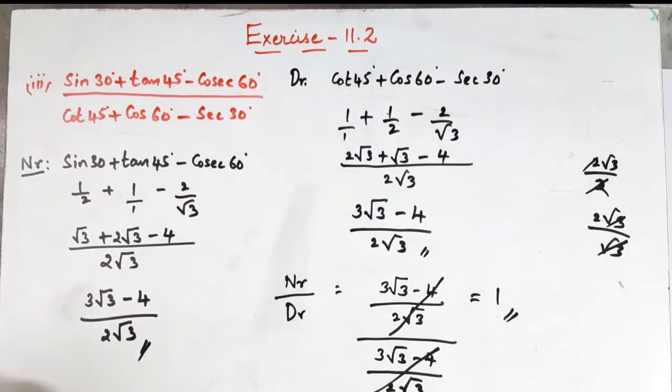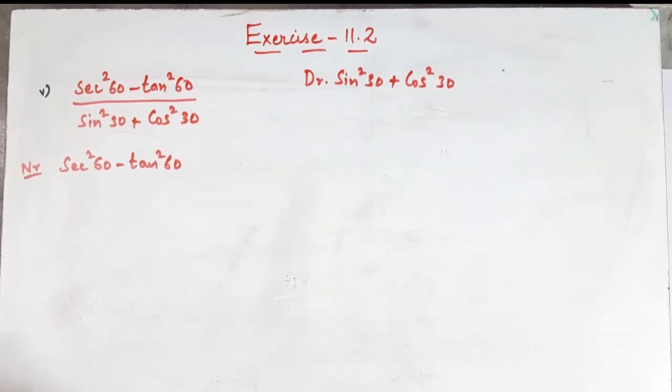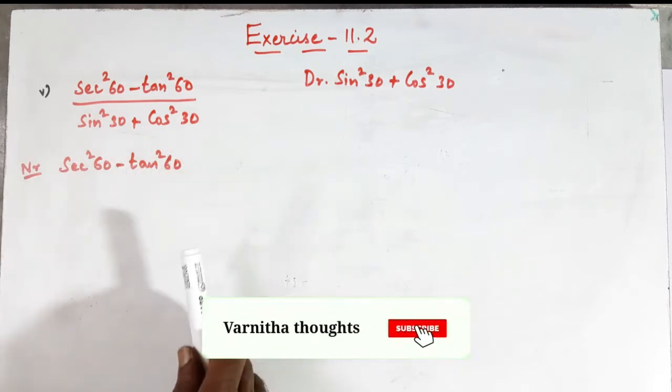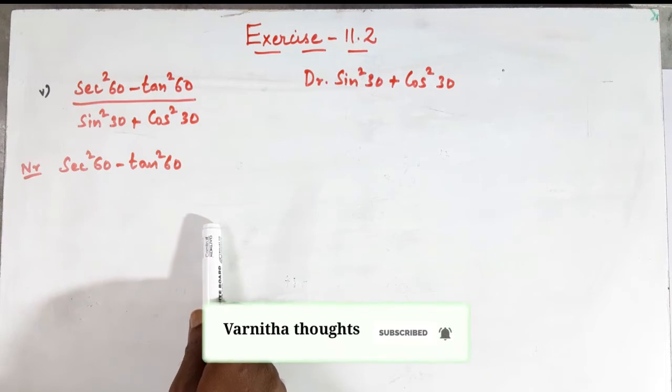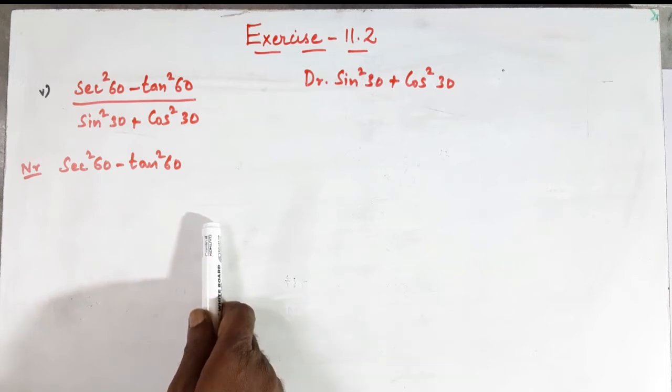Okay, now let us move on to the next problem. In the first bit there are 5 problems. I have done 4 problems. One problem is remaining; you do it as a practice problem, so that if you get any doubts, you just drop your doubt in the comment section. I am going to answer your doubt.